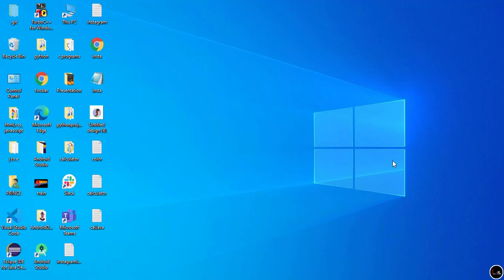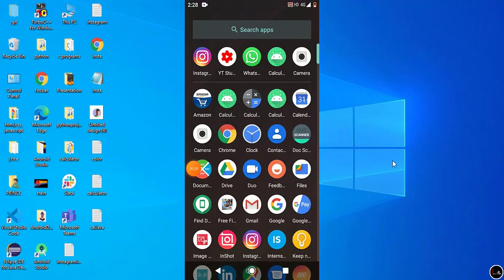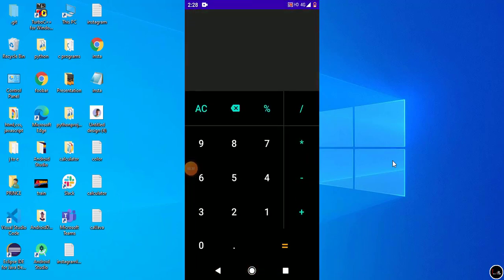So you can see I already created an application. I open it and this is the calculator, and you can see the UI of the calculator looks amazing. I don't design the UI in any external application. I completely design the whole UI in Android Studio. So I will tell everything from start to end on how to design this type of UI. Now check how it is looking.